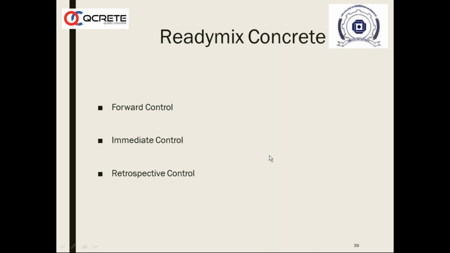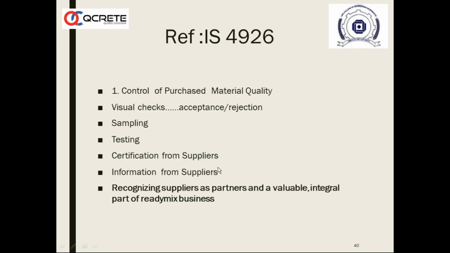This is the precaution for a buyer. The buyer has to check whether the Readymix company is doing forward control, whether the Readymix company is in charge of immediate control, and whether the Readymix company is doing retrospective control. So what are the simple things? I want to check visual checks,